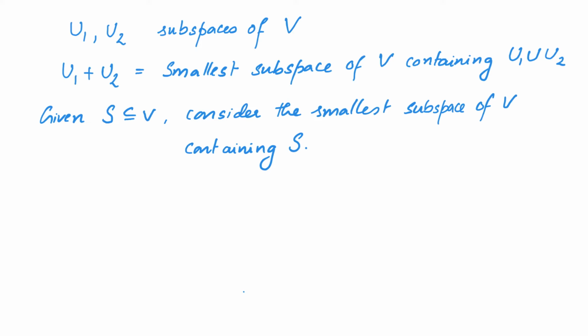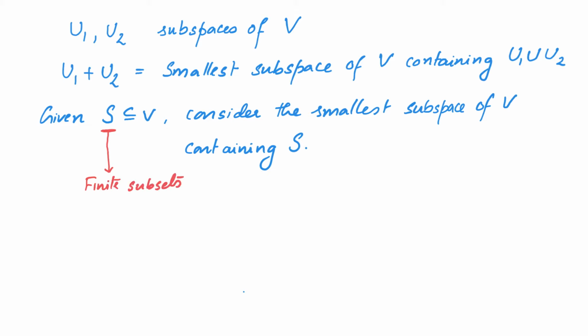This example illustrated that if you have a subset S of V, as we are interested in the linear structure, it makes sense to talk about the smallest subspace that contains S. Once we understand this, it makes sense to look at other examples of this phenomenon. Namely, we take a set S and we look at the smallest subspace of V that contains S. And perhaps it's a good idea to start with some simple examples. Namely, we can consider finite subsets.